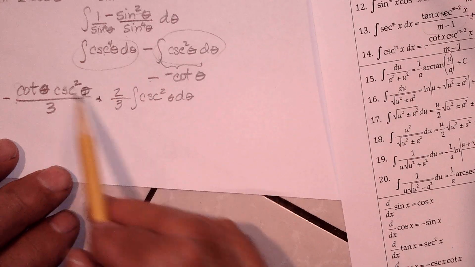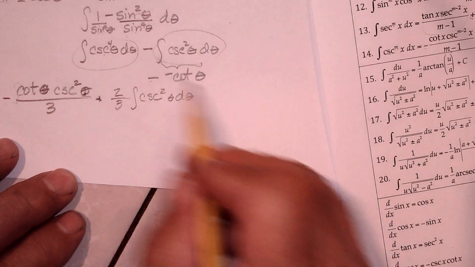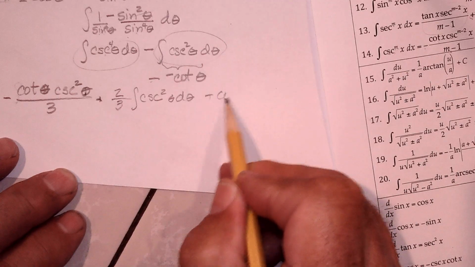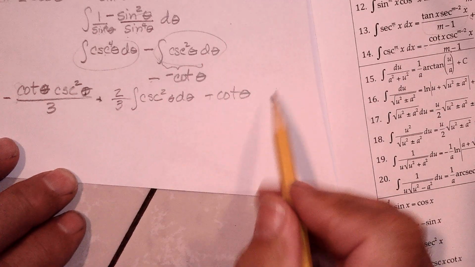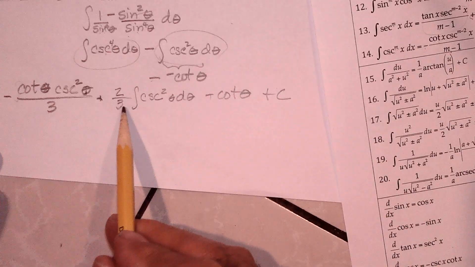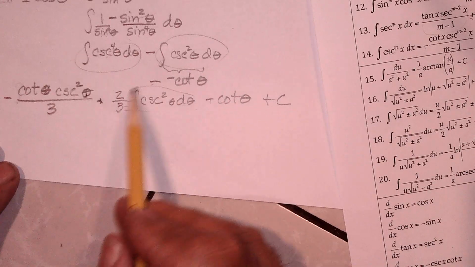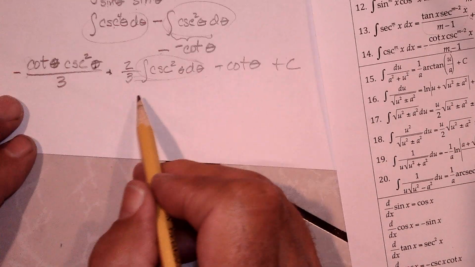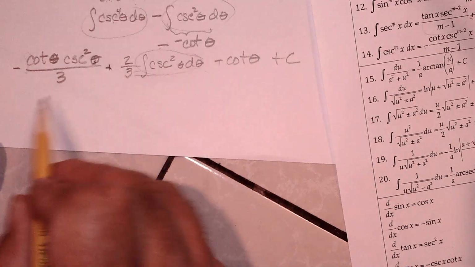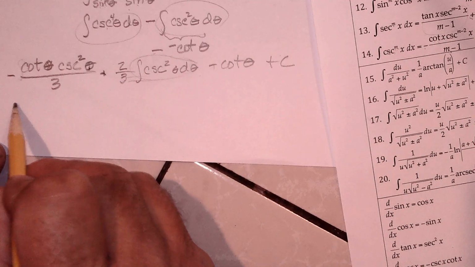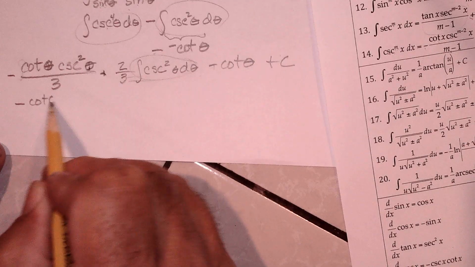That's this part. And then we have minus minus plus cotangent. So we got to find the integral of this, but that is negative cotangent. So we got negative cotangent theta